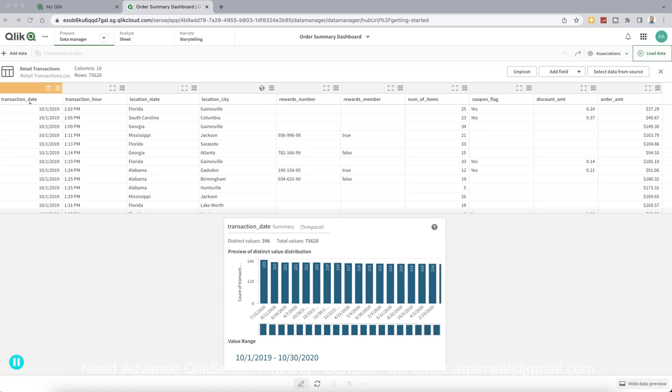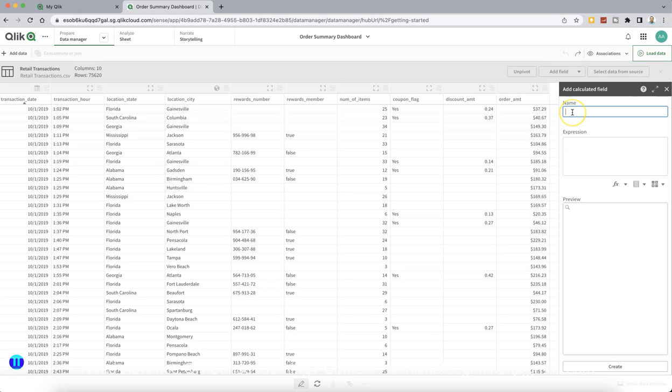Okay, so since we don't have it, and let's say we have a need where we want to combine these two fields, or maybe we just want to convert this. First I'll show you how you can convert this into simply a timestamp, right? Because you don't want it simply present as text. It should be present with a proper format so that you can do the manipulation on this. For that, I'll come over here and click on add field, which is a calculated field, and I will call it